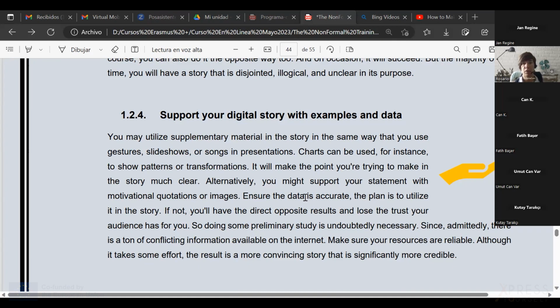We talked before, I think, about fake news, but not only fake news. There is so much information online nowadays, and we need to make sure that the information we are giving is correct, accurate, and true. Otherwise, we will be creating conflict in our speech, and people will not trust us.